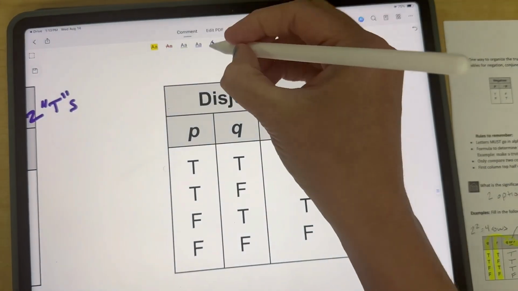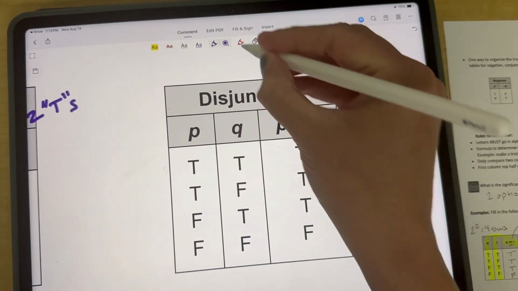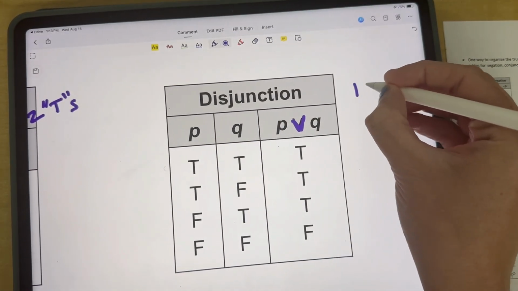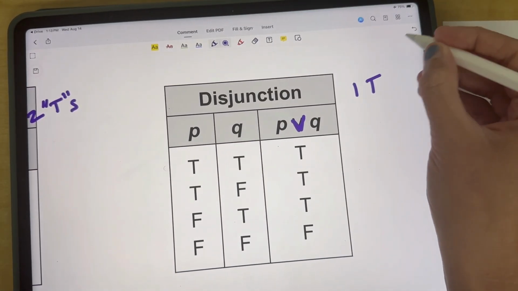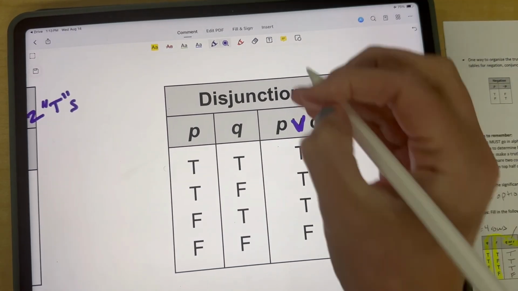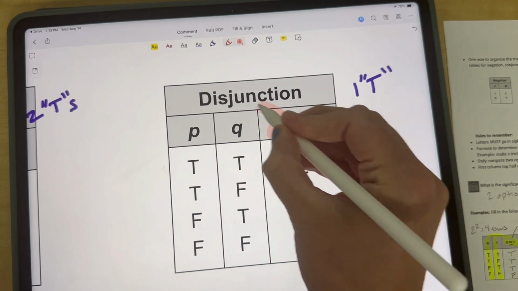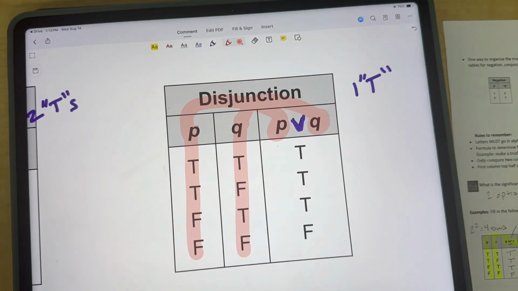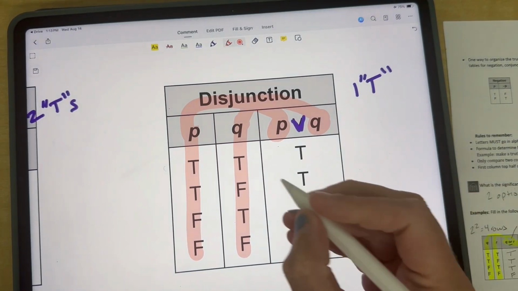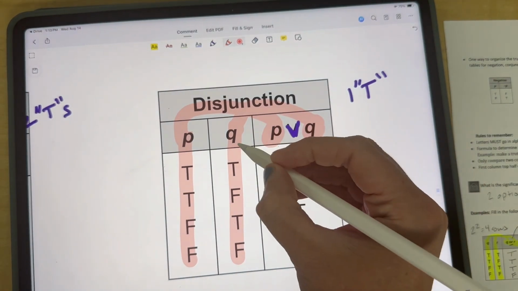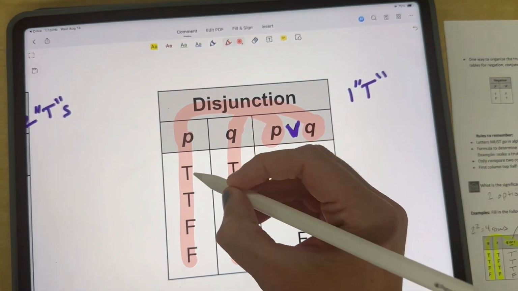Okay, same thing, we have disjunction, it's going to be the same as before, okay? This is an or. So for an or statement, we only need one T, right? You only need one T for the whole thing to be true. So I'm using this P right here, so I need this table. I'm using Q, so I need this table. Make sure you're highlighting. Okay, so again, P is the sky is blue. This time it's an or statement. Or I own a red car, okay?